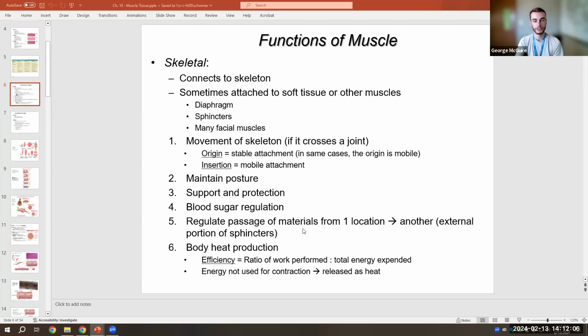Some of our skeletal muscles play a role as sphincters, regulating passage from one organ to another. So the structure of a sphincter has smooth muscle lining the internal component and then skeletal muscle lining the external component. And then lastly, skeletal muscle plays a big role in our homeostasis of heat, or at least body heat